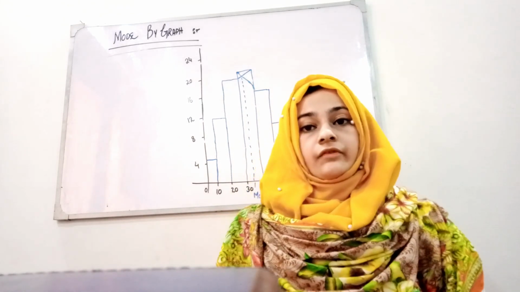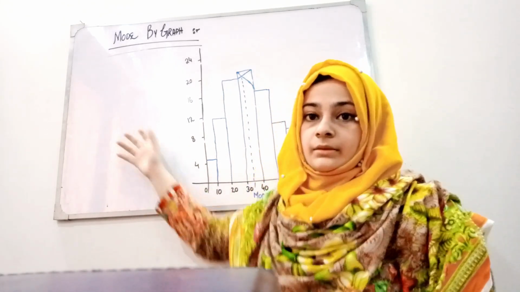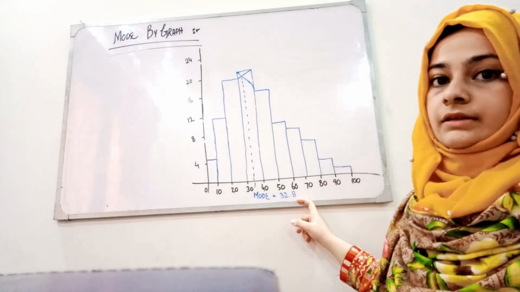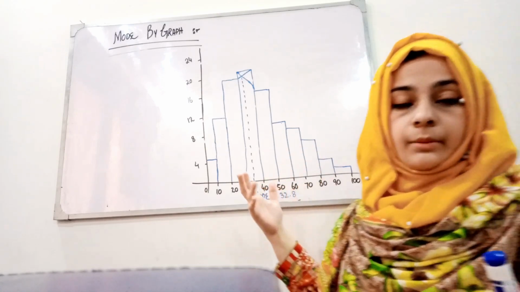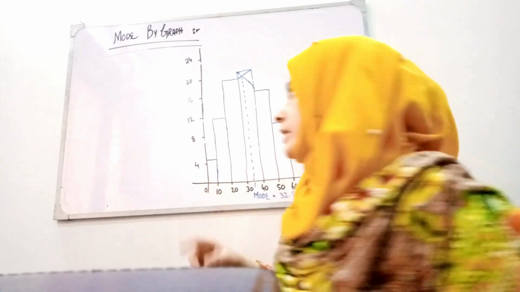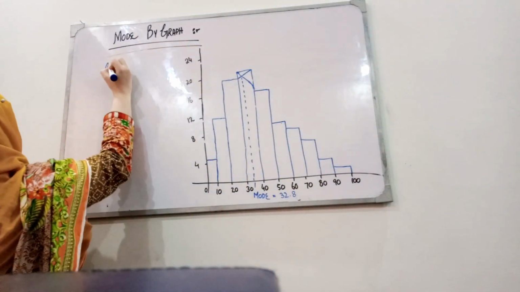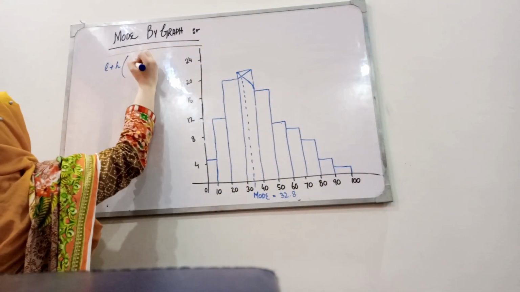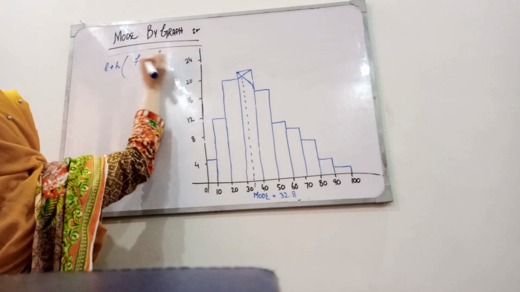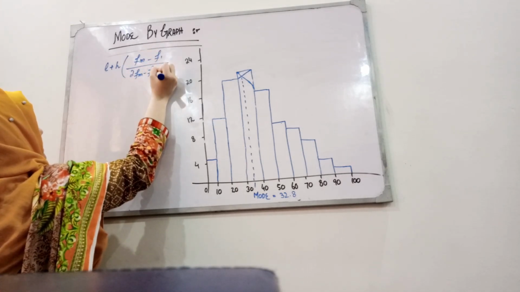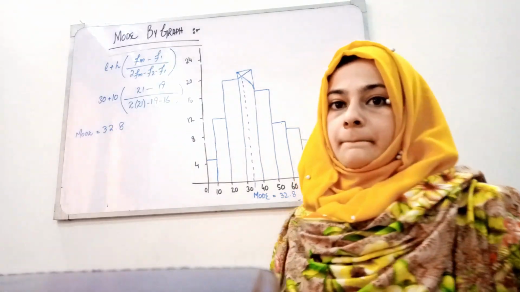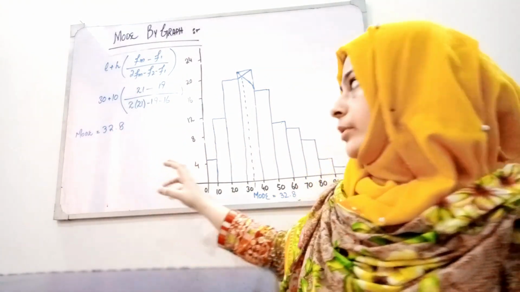For verification that this is the actual mode, we will calculate the mode with the algebraic method with the help of the formula. If the mode comes out the same, then there is no error. So let's calculate the mode with the algebraic method, which is L plus h times (fm minus f1) divided by (2fm minus f2 minus f1). By putting the values with the help of the data,